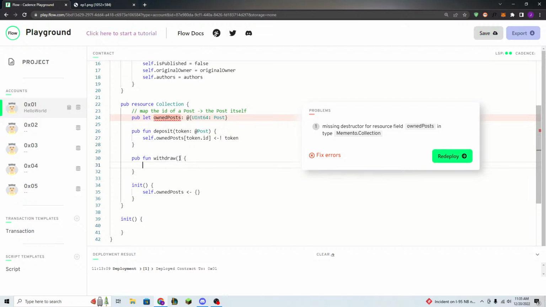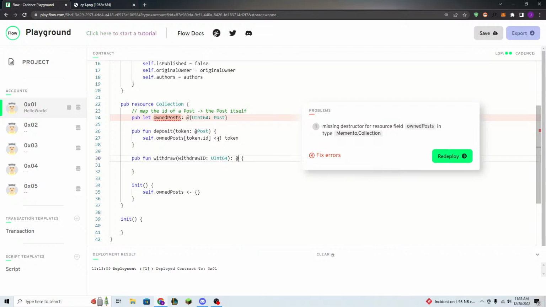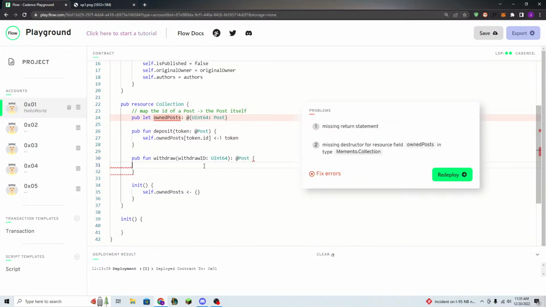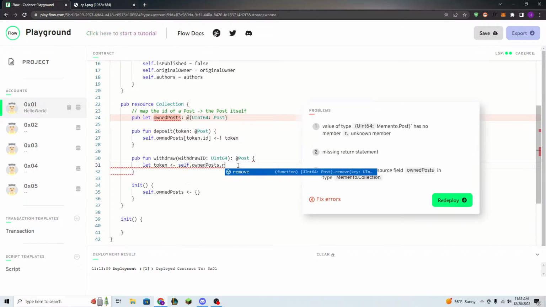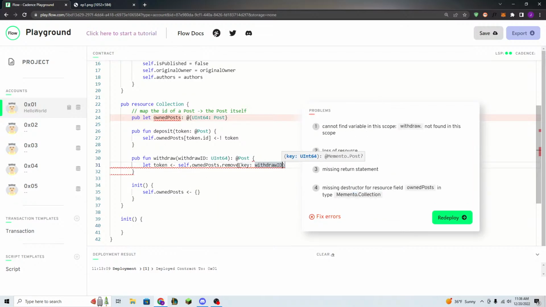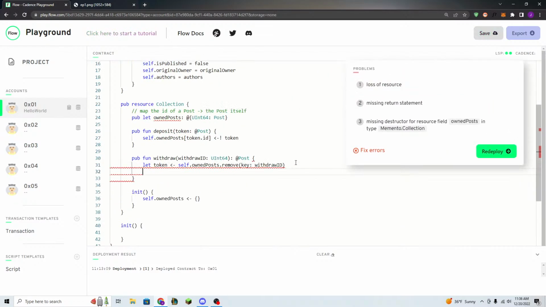Cool. Now let's go ahead and withdraw, and we're going to pass in a withdraw ID, and we're going to withdraw a post resource. Also, this little @ symbol here, this means a resource. It's like a resource type at least. So let's go ahead and say let token equal self.ownedPost.remove. The key is going to be the withdraw ID. Okay, and we're then going to return